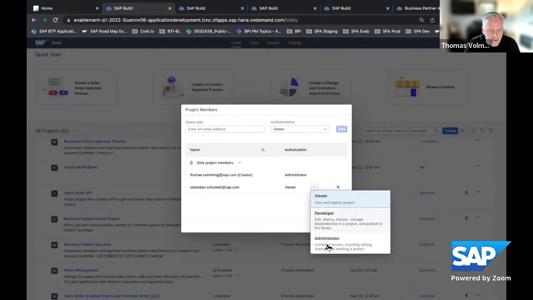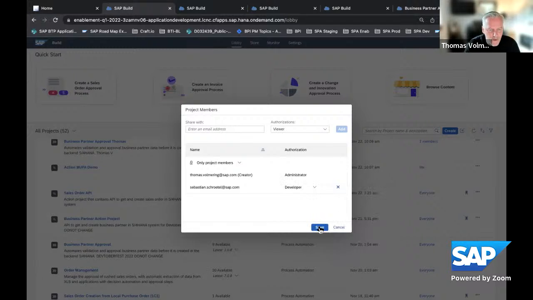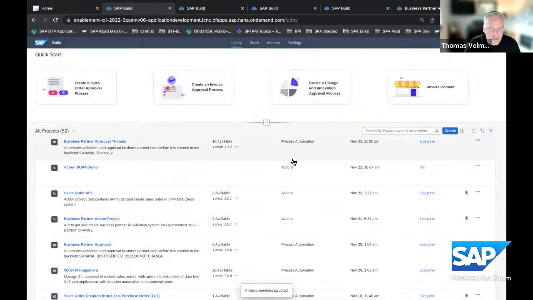You can also say he is an administrator, which would give him the right to also delete and really administrate a project, but I simply make him a citizen developer for that project. And I can also say everyone with access can view that project. This is pretty easy, and a new feature.